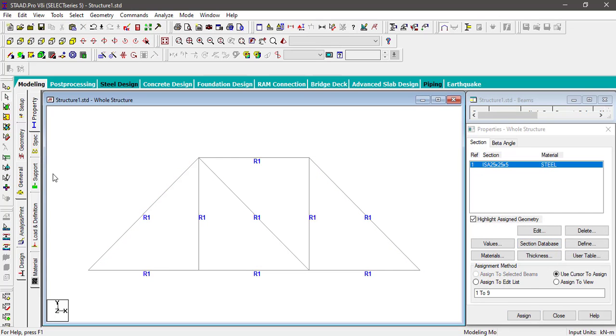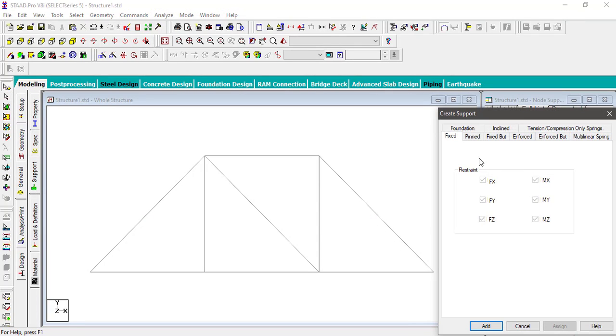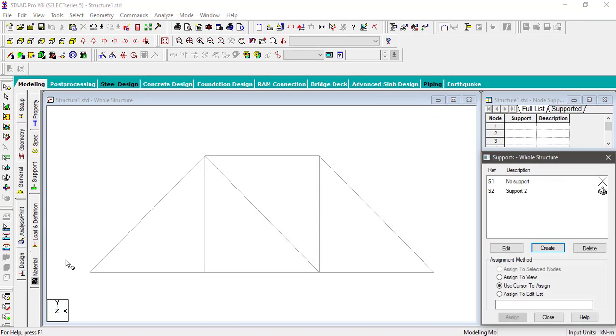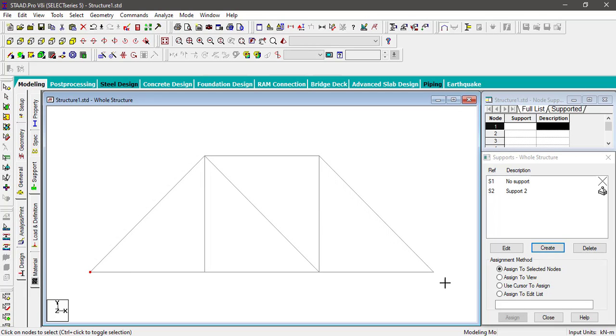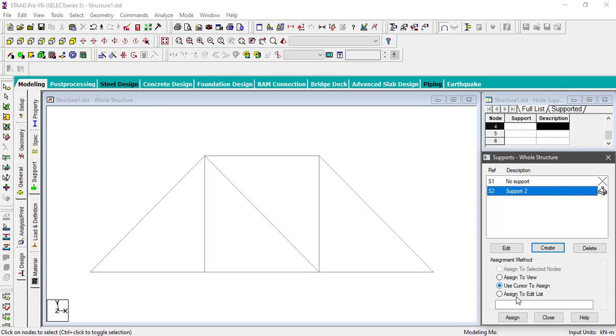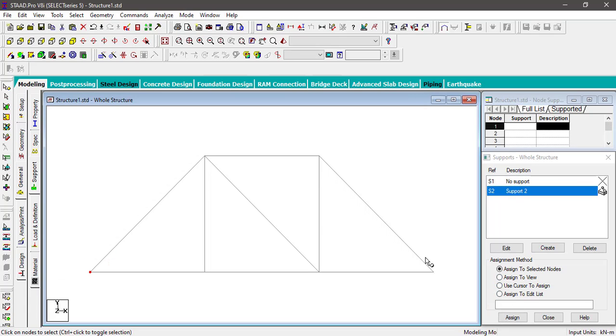Since all members are assigned, I will go to supports, create, and take pinned. First press Ctrl and select the second node, assign to selected nodes, assign.